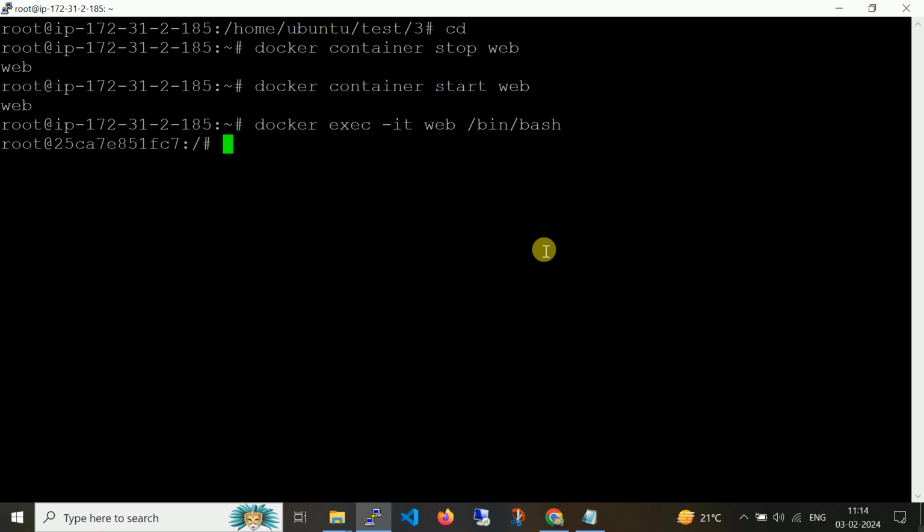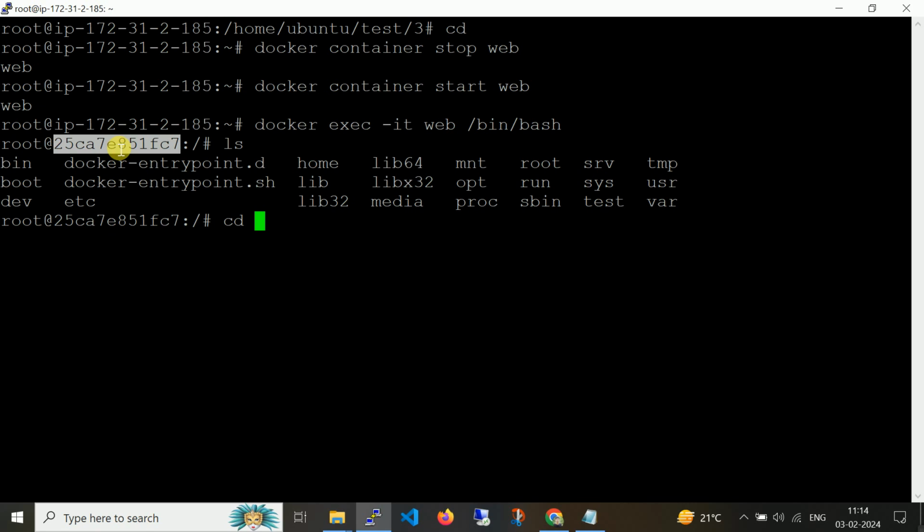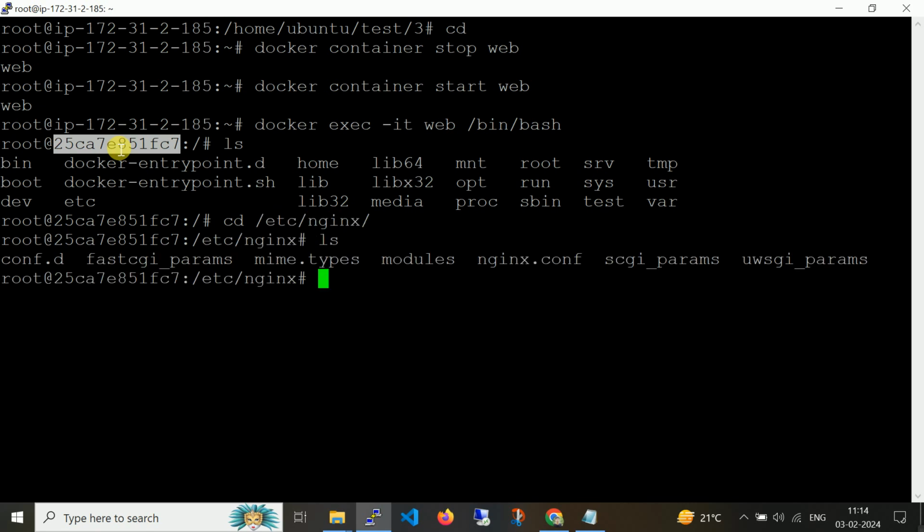So you can see this is inside the container. In /etc/nginx you will get the nginx configuration within the container, because we use nginx as a docker image.